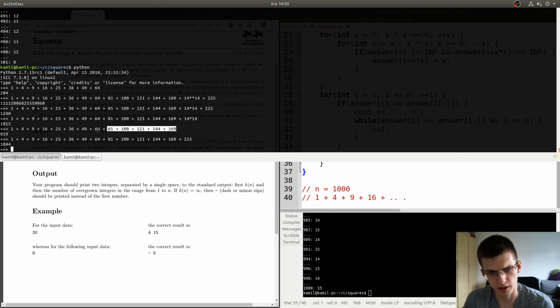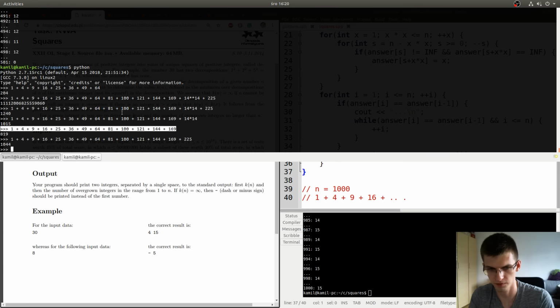But anyway, just checking how many numbers we should use at least, it was 13 in this case. Well, we need something more, so we must at least use 14 square. So the answer is at least 14. And here we see that the real answer is exactly 15.